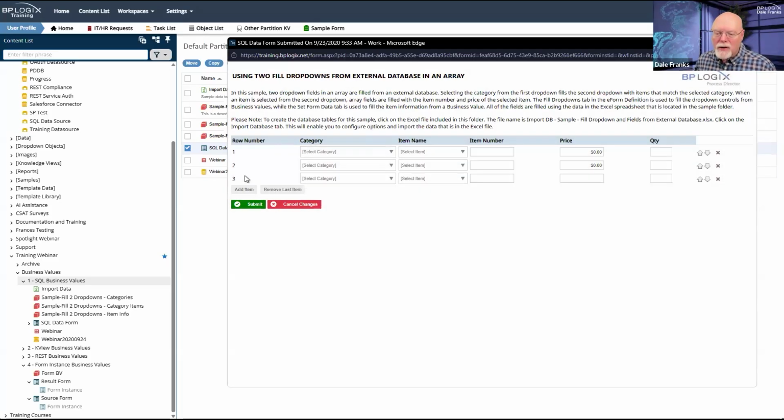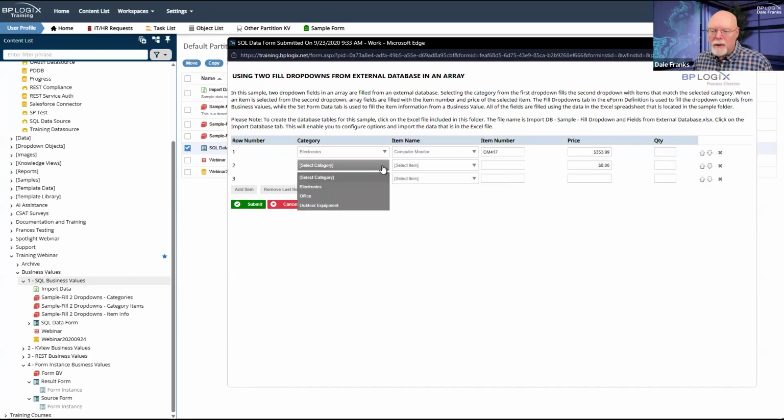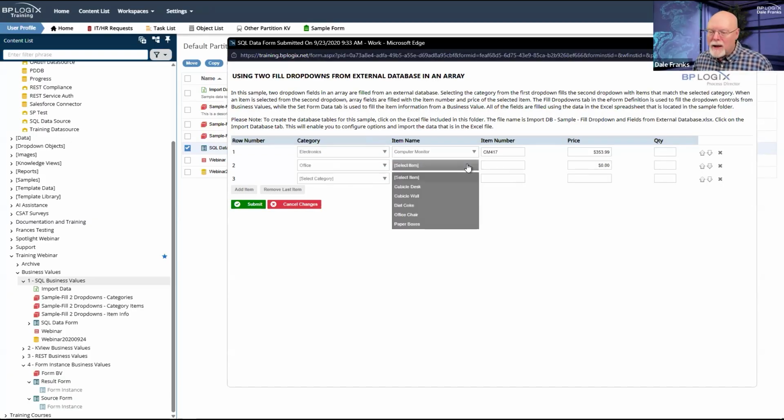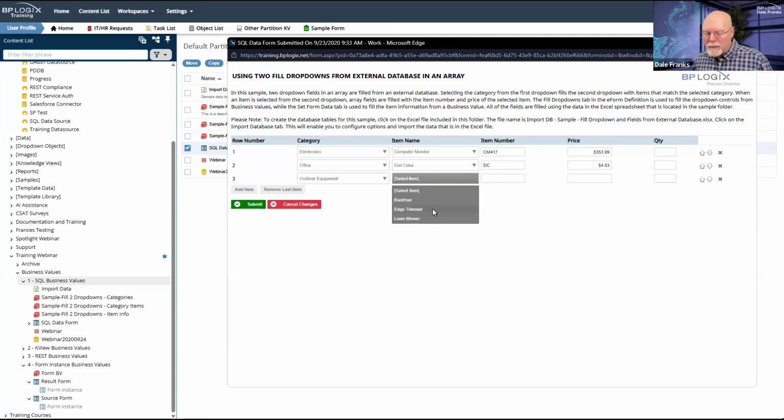Let's add actually 2 items so we can see 3 different things. If I pick electronics, I get these 3 items. We'll pick computer monitor. If I pick office, I get these 5 items here. We'll pick Diet Coke. And if I pick outdoor equipment, I get these 3 items here. We'll pick edge trimmer.